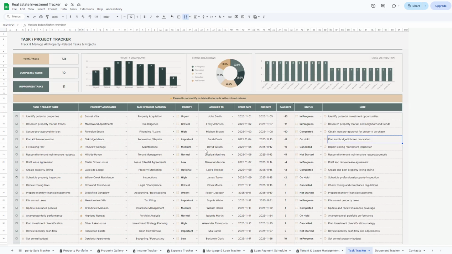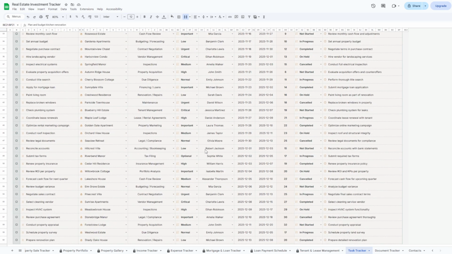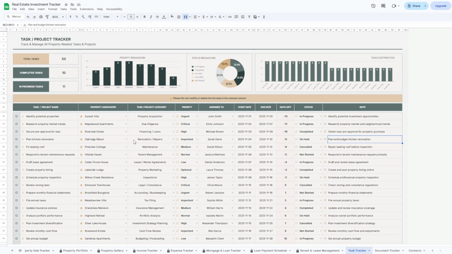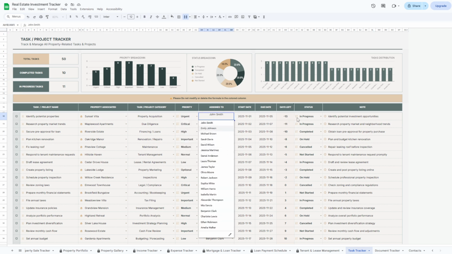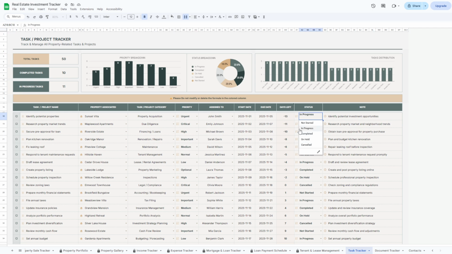In this tab, you can list every task and project, including renovations, maintenance, inspections, and any other property management activities. You'll be able to set the priority, assign a category, indicate who the task is assigned to, and track the completion status. The tracker automatically calculates the days left for each task, so you always know what's coming up and